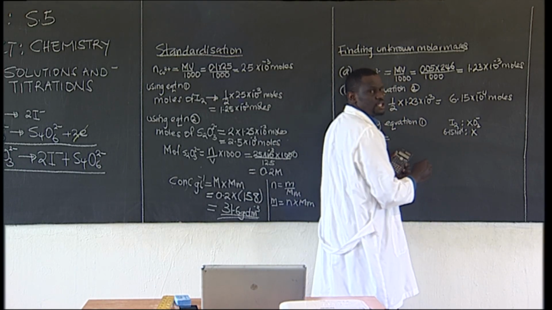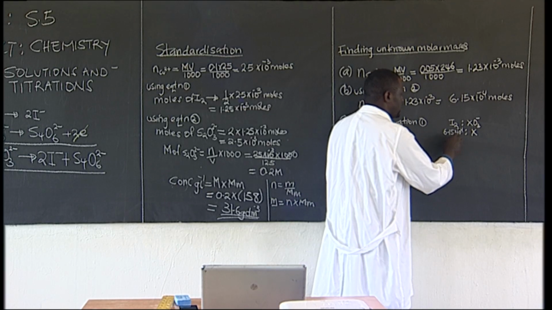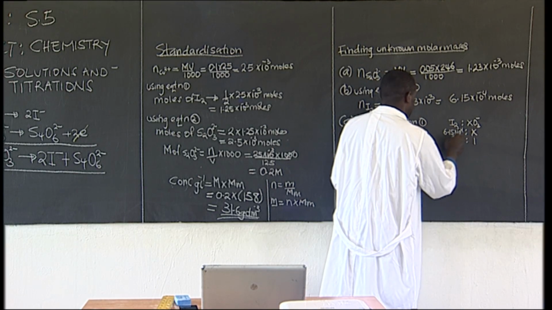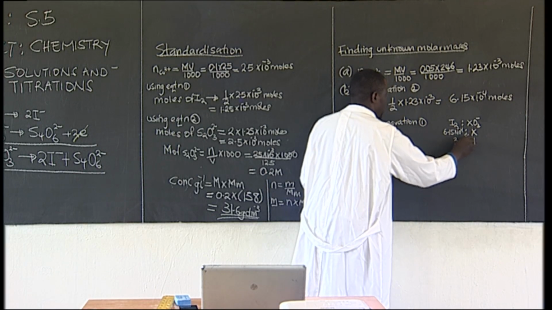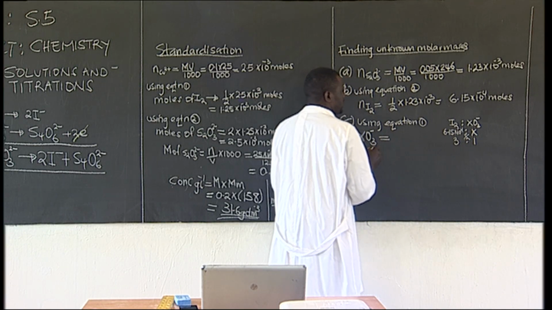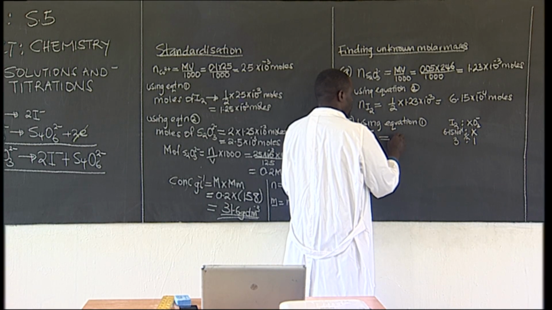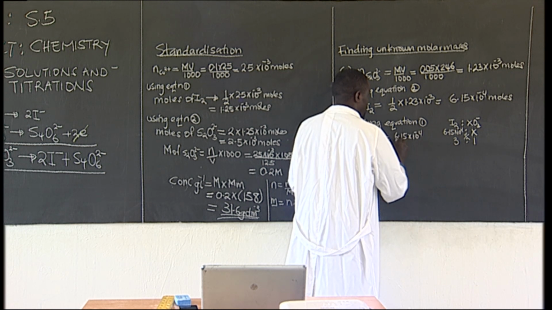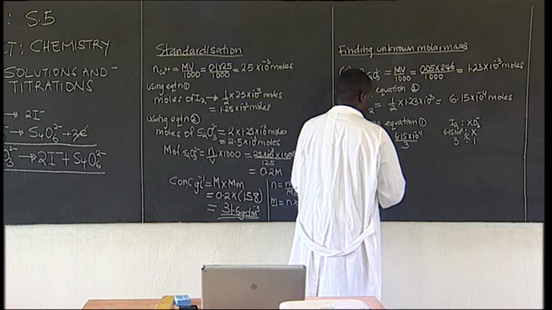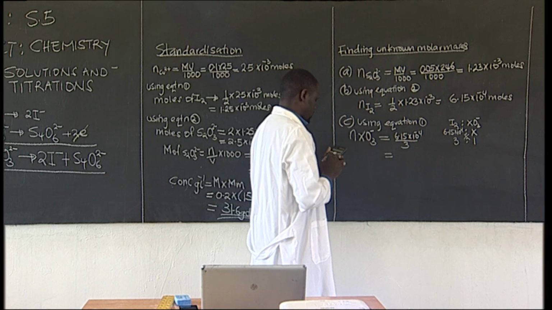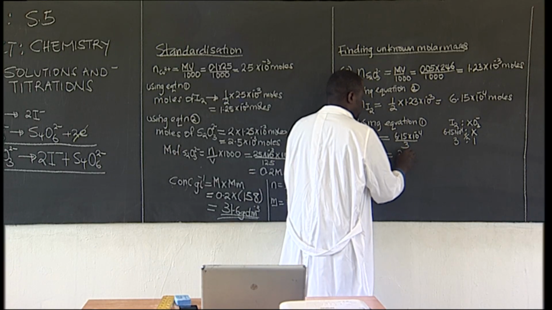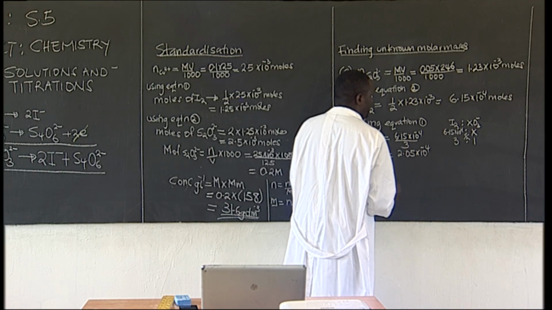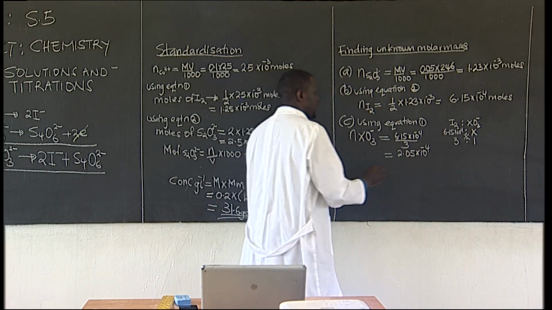Then here for iodine is actually 3, and this is actually 1. So if you want to get x, obviously recognize the cross multiply. So our x will equal 6.15 times 10 to the power negative 4 divided by 3. So we divide by 3, and we have 2.05 times 10 to the power negative 4. These are moles